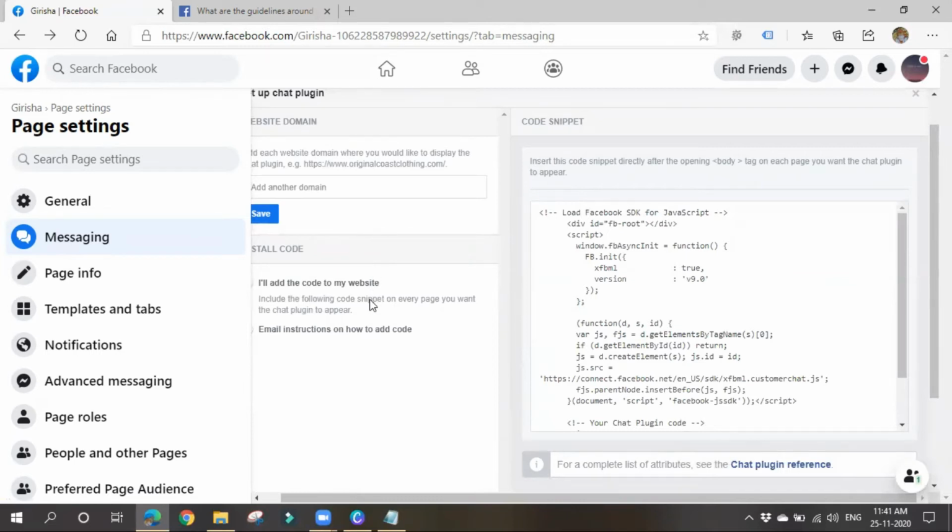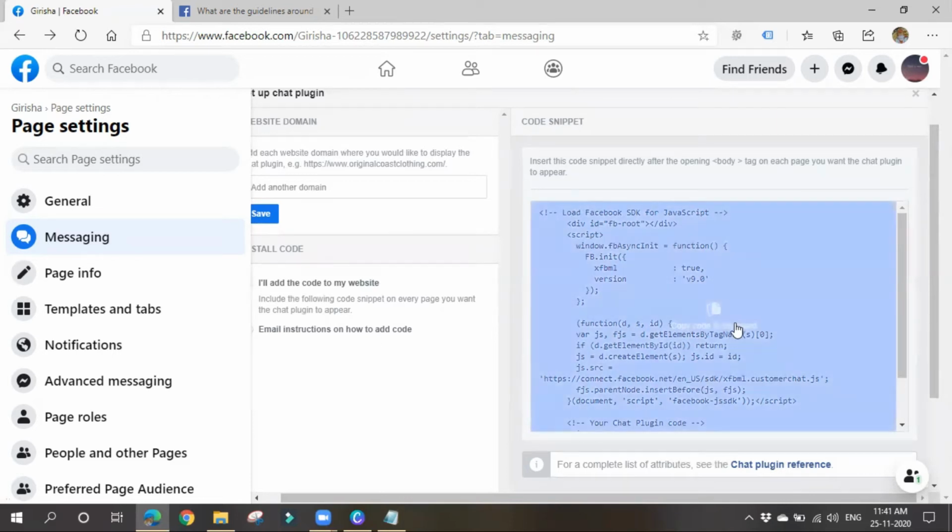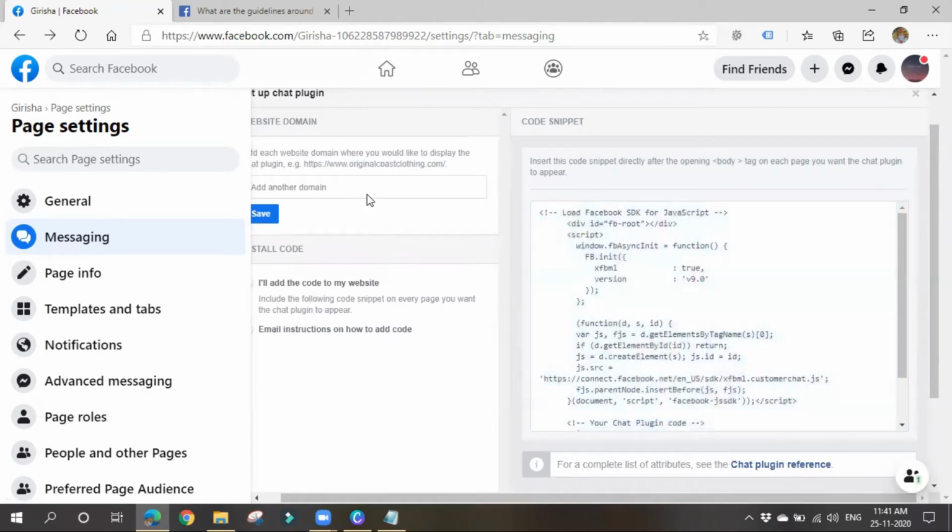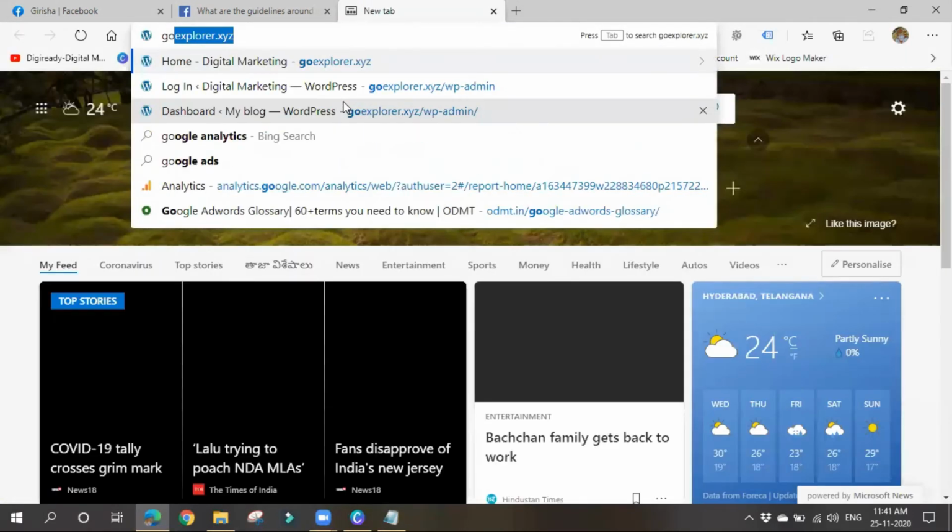Okay, and I have to add the code to my website. If you are a developer, you have to email these instructions to your web developer. If your website is developed with the help of coding and someone else is managing your website, then send this code to your web developer and ask them to paste it in your website. Now I'll give my domain here. So let me go to GoExplorer.